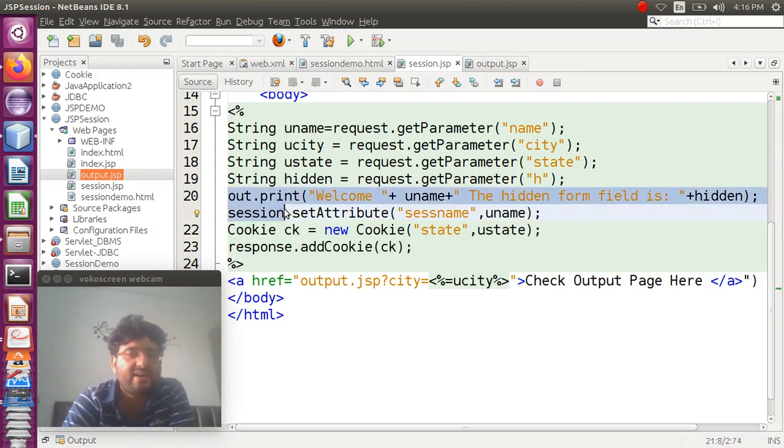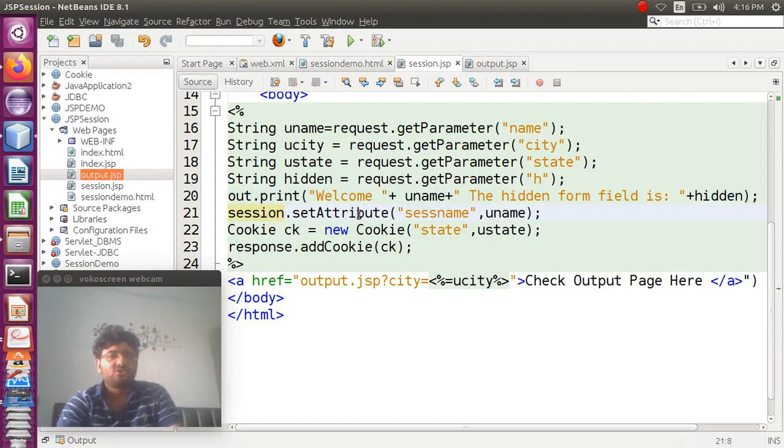Okay, so I can directly use them. So on the session object I am calling the set attribute method. What it is doing is creating one session and setting its value to whatever the user has entered. So I have created one session object, named it sysname, and stored the value uname in it.